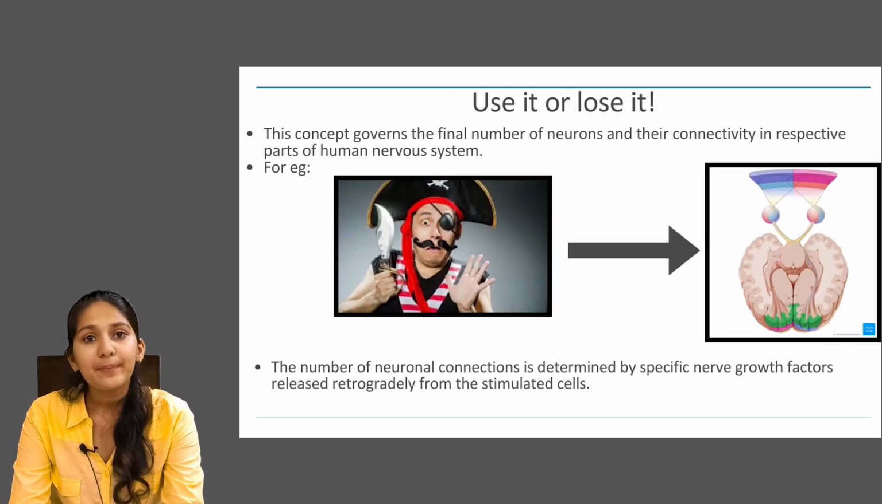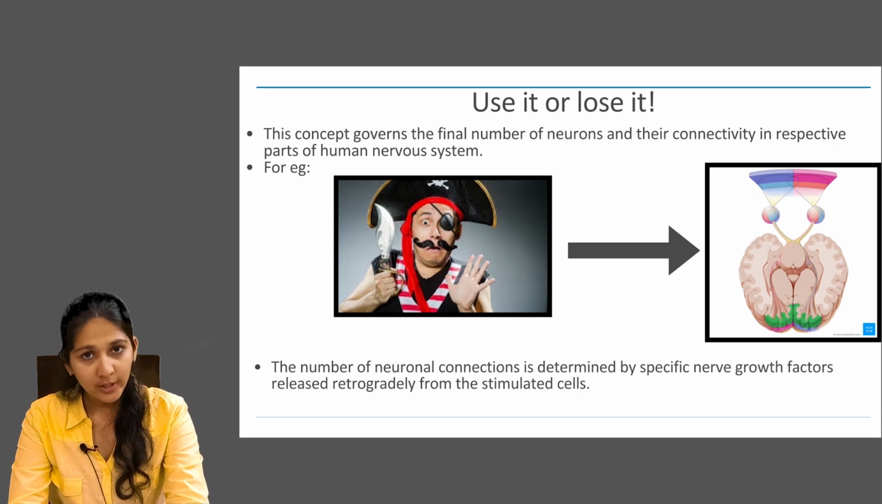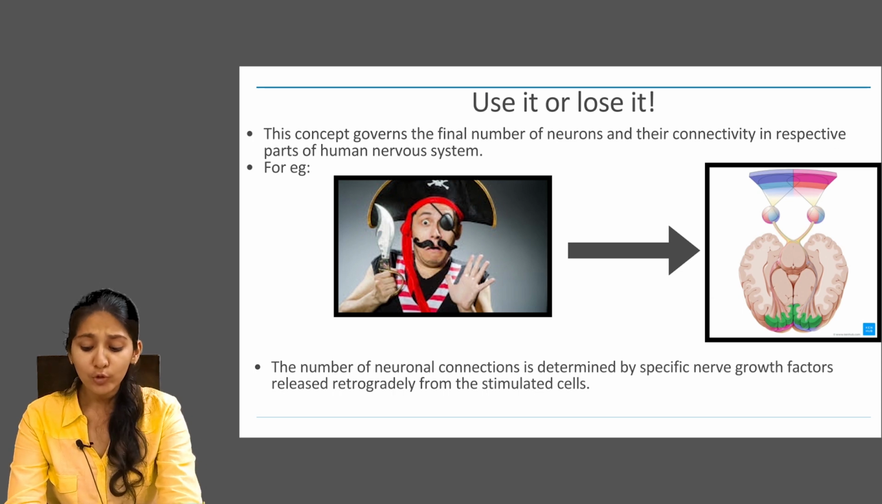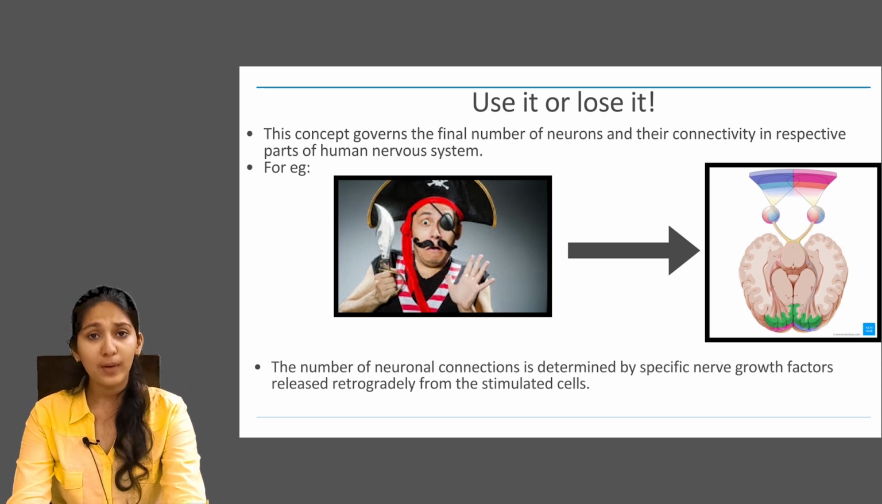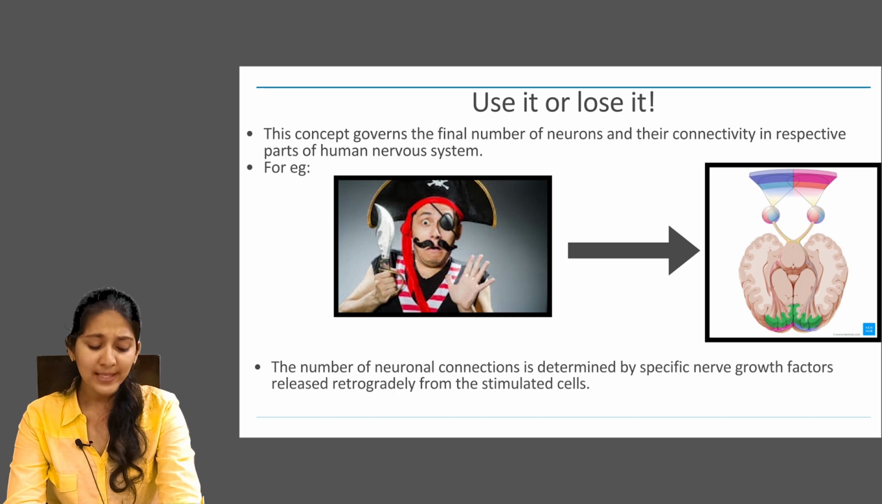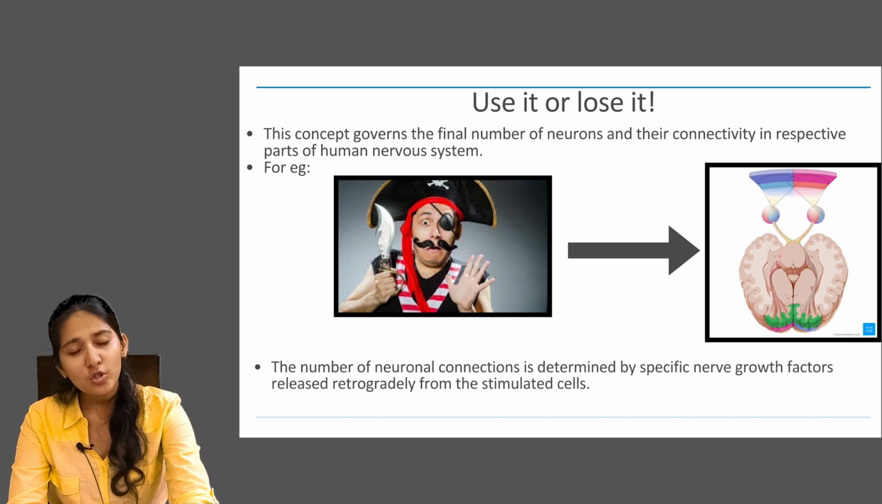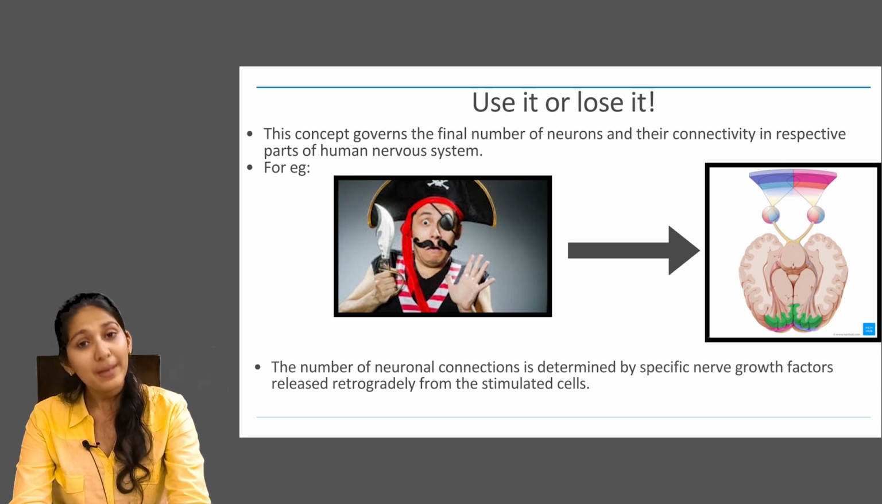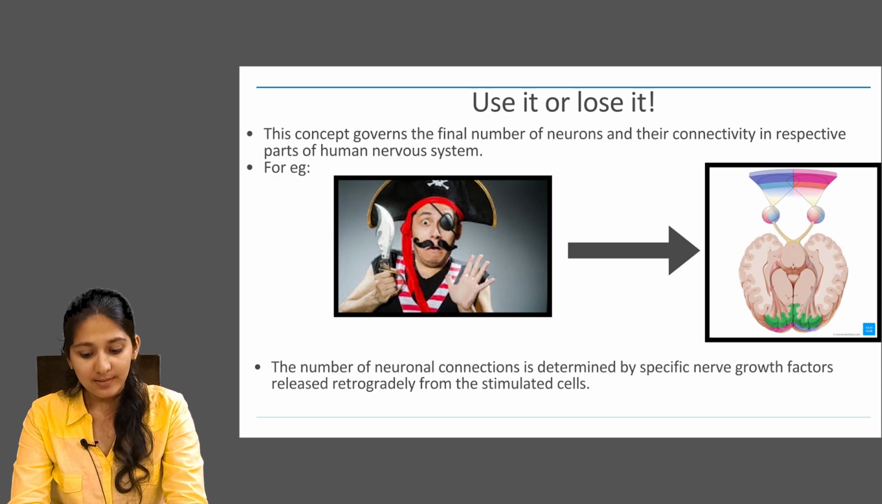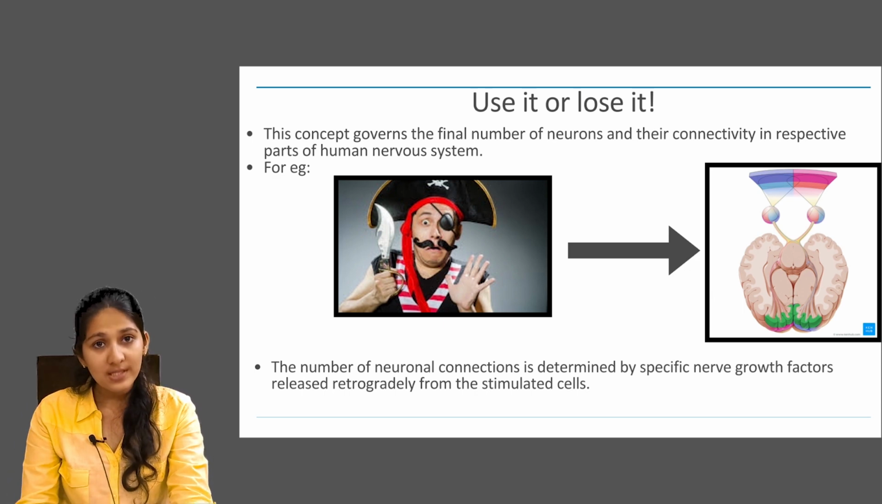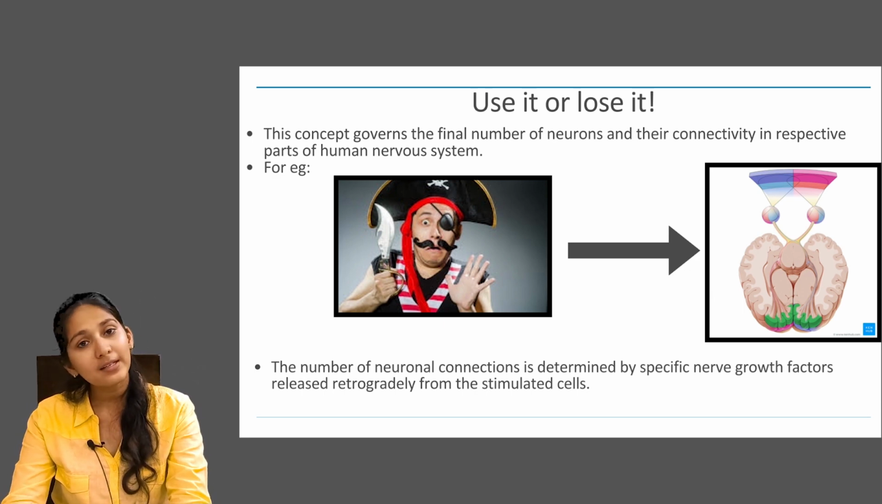Let's discuss the concept of use it or lose it. It means that if you don't use the brain, your brain will never develop. This concept governs the final number of neurons and their connectivity in respective parts of the human nervous system. For example, the neuron which gets stimulated, and the connections this neuron makes with other neurons, will decide the memory traces which are formed. That is, only when you use the neurons will they develop and connect to other portions